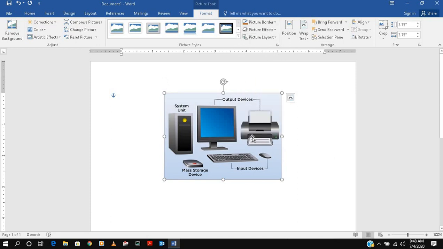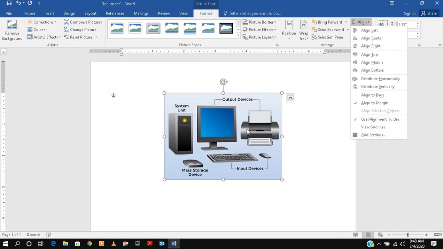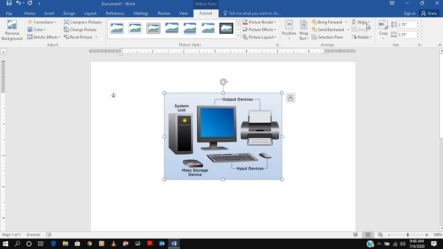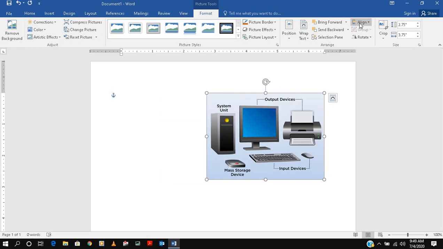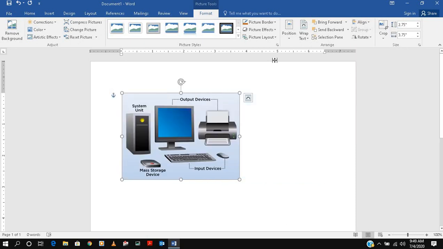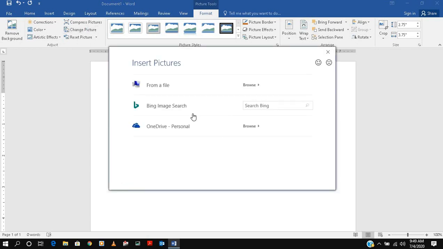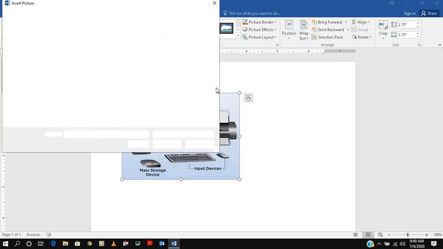Then we have some alignment we can do. Alignment: center, right, left, you can do with your alignments. If you want to change the picture, you just go into Change Picture and choose from file.